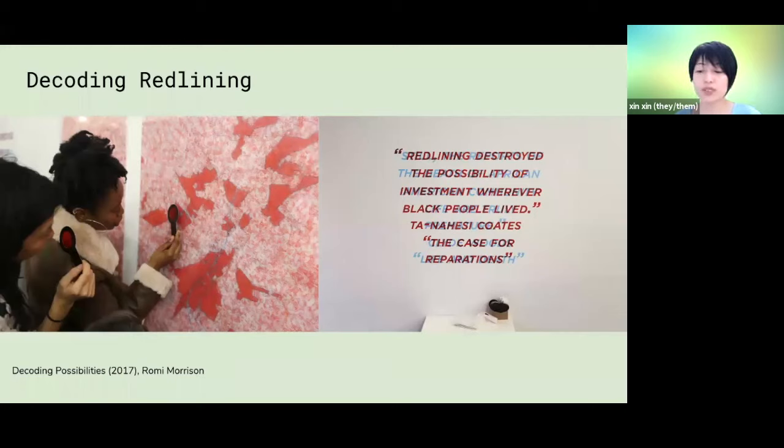Oftentimes when we speak of redlining and when we think about the history of segregation, we associate those keywords with Black poverty, Black pain, and Black death, and this way of creating a second layer, or maybe a deeper layer, of narrative is an effort to think about how that unfortunate history has also enabled different kinds of autonomy and different kinds of solidarity among